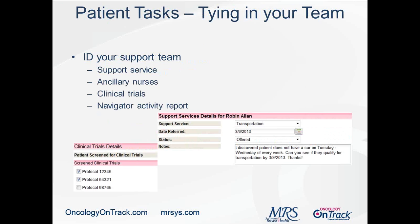Tying in your team is crucial as well. A navigator needs to make sure that she knows exactly what's happening with every single patient. However, she might not need to take care of all of those tasks. The Priority Consult application allows the navigator to create certain follow-up items for other people working within your program. In this example, we have a support service, transportation, where a navigator discovered that the patient doesn't have a car on Tuesday through Wednesday and that transportation needs to be offered for this patient. So the navigator is creating a task to go to a support services team to notify them that they need